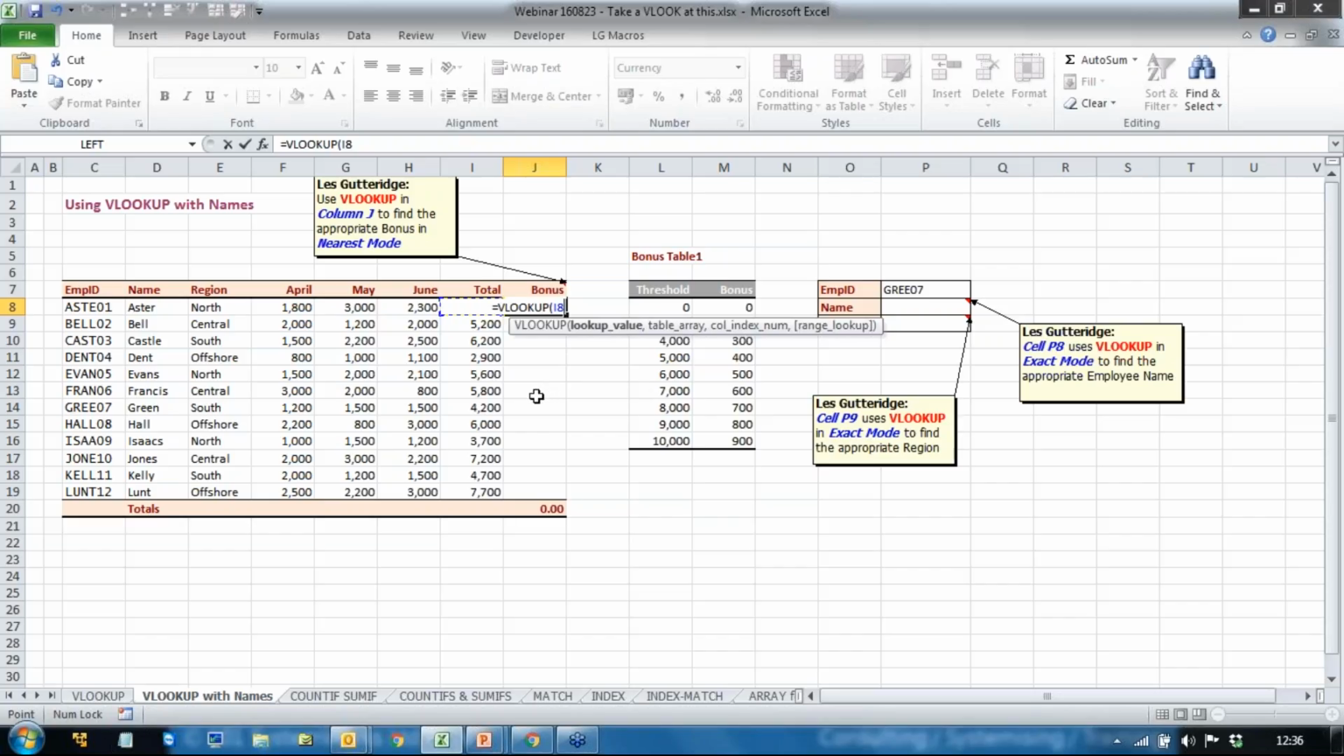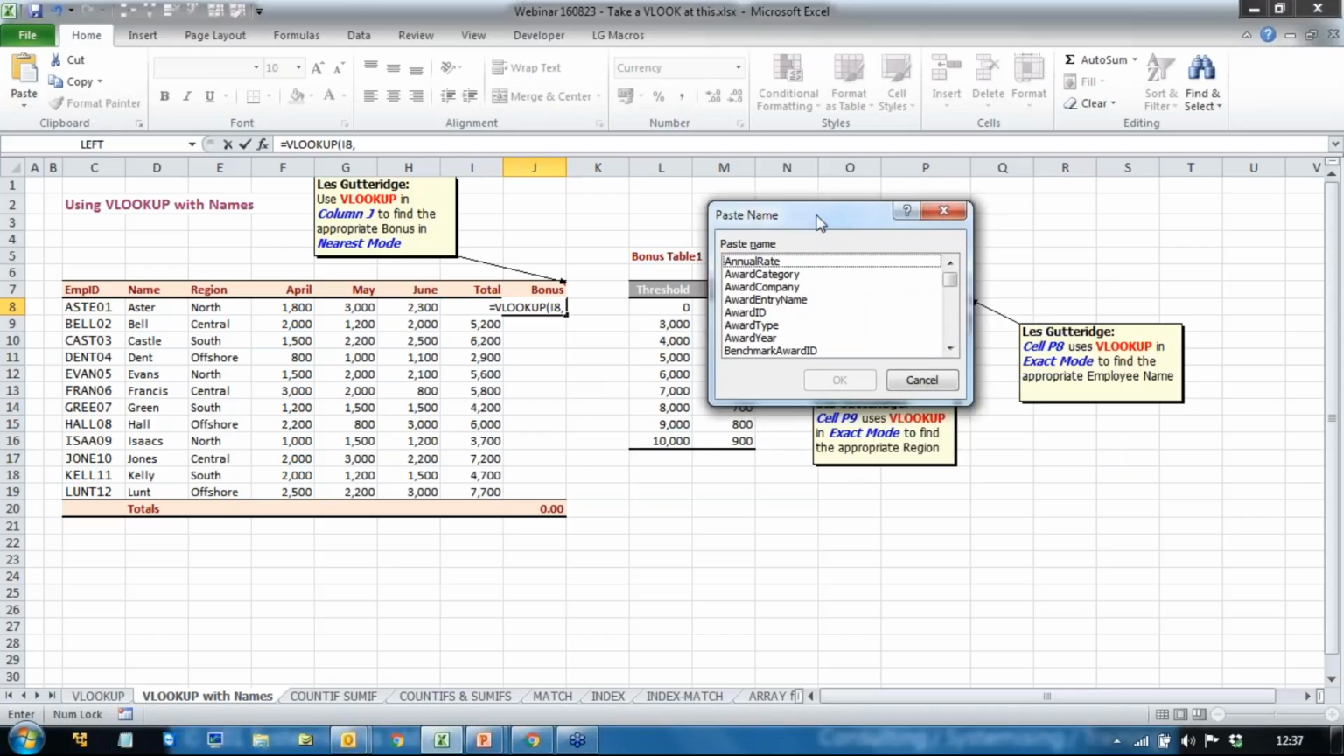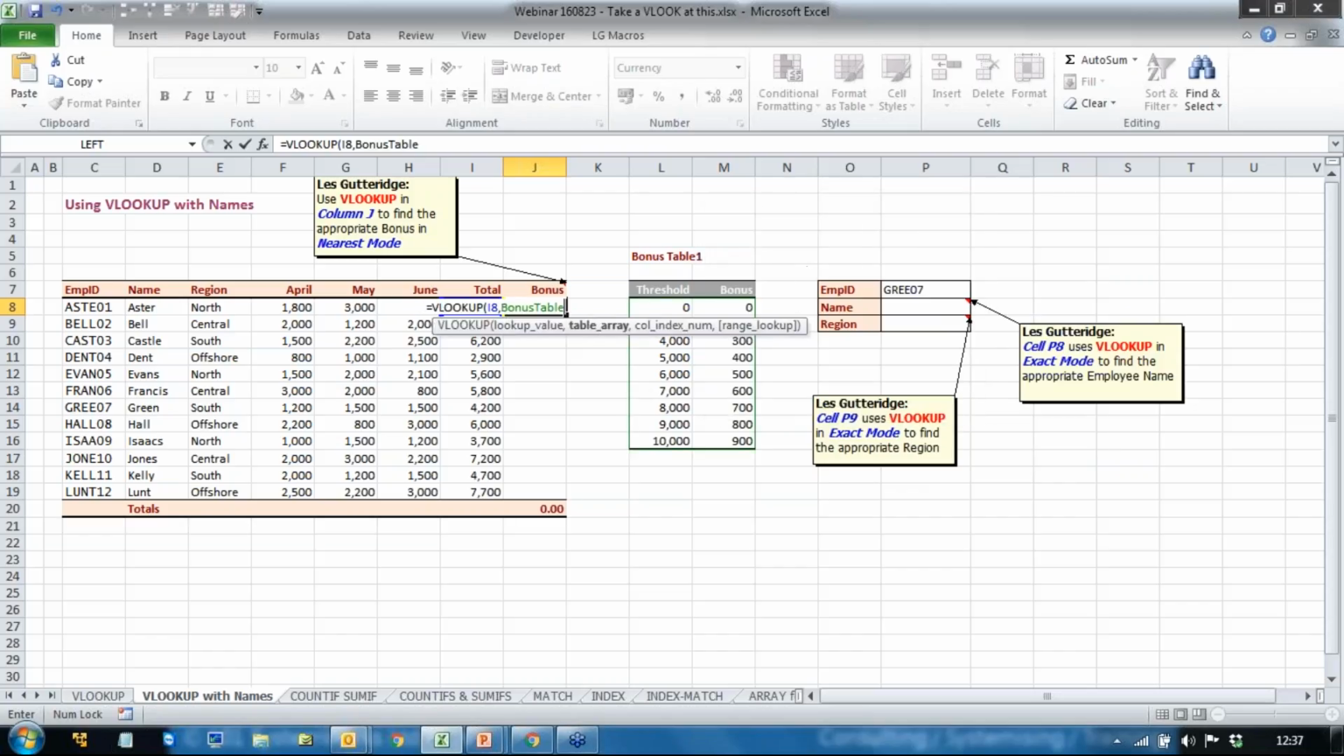Because remember, it's what am I looking up? Where am I looking it up? Now, when you've got a name in a spreadsheet, you can fetch the name by pressing F3, the function F3 key, while you're in the formula build. So I'm now pressing F3, and the one I'm after was the bonus table. So here it is, look, and I'm going to double click it, and it now becomes part of my